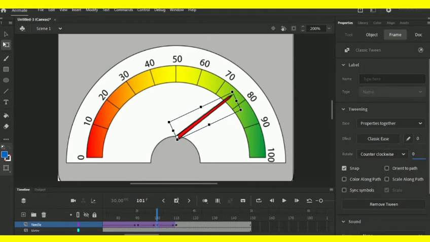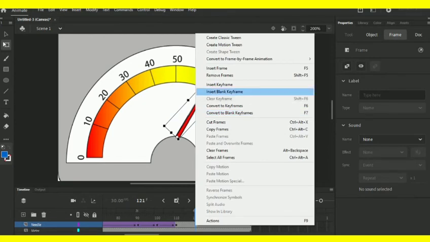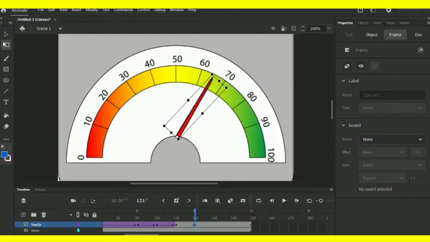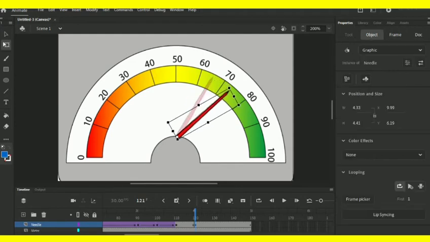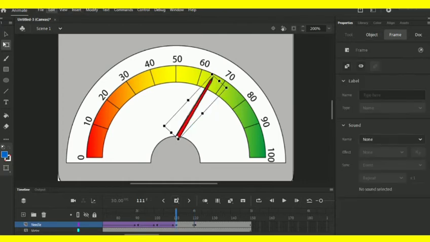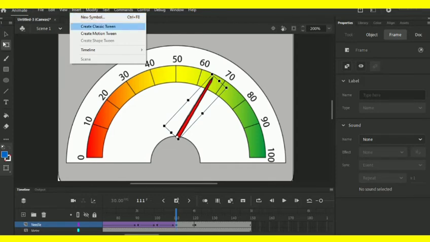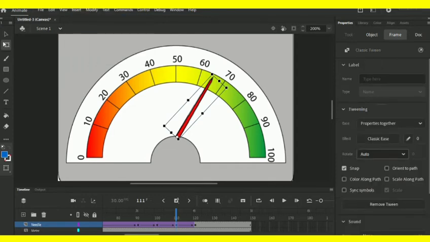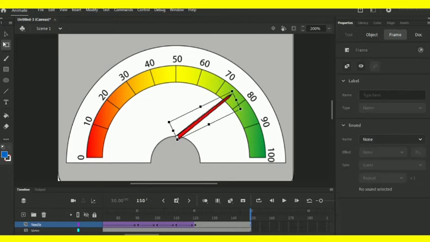Then we come for the final step. Right click here, insert keyframe, and again move forward, which is 65, something like this, and then connect it to the previous one. The insert command is there. Create classic tween. After that, it went forward, so we make it clockwise, and it is done. Now the final one says once it reaches 5 it must reach